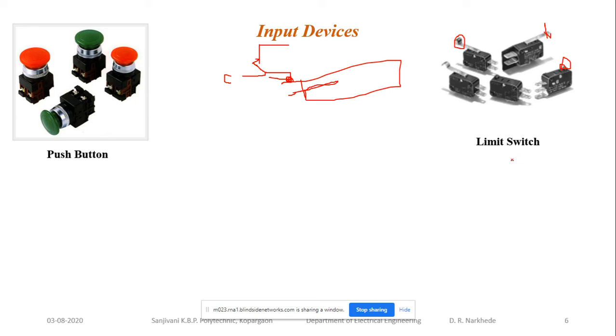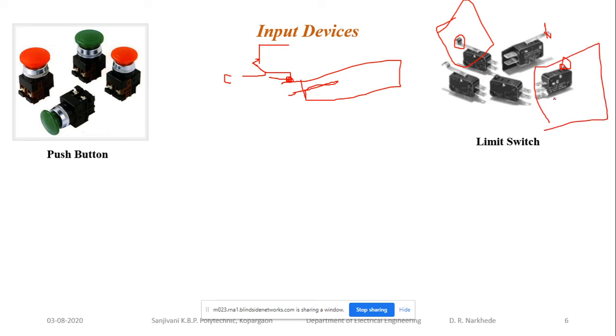सिंपल एक्झाम्पल जर बघायचं असेल, ओपनिंग अँड क्लोजिंग ऑफ डोअर, ऑटोमॅटिक ओपनिंग अँड क्लोजिंग ऑफ डोअर. तुम्ही डोअर प्रेस केल्यानंतर तुमचा लॅम्प ऑन किंवा ऑफ होईल. सिंपल एक्झाम्पलमध्ये तुमच्या घरी रेफ्रिजरेटर आहे, रेफ्रिजरेटरमध्ये एक लाईट असतो. ओके, the light is on only when the door is open. ओके, रेफ्रिजरेटरमधला लाईट ऑन केव्हा होतो, जेव्हा डोअर ओपन आहे आणि डोअर क्लोज केल्यानंतर तो लाईट बंद होतो. So in that case I am going to use the limit switch. ओके, तिथे या टाईपचा आपण लिमिट स्विच यूज केलेला आहे.